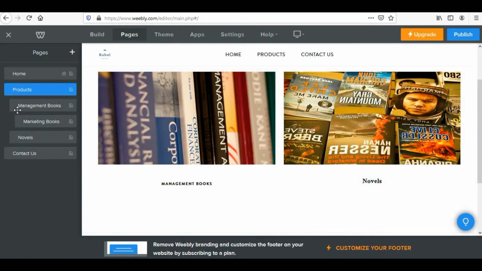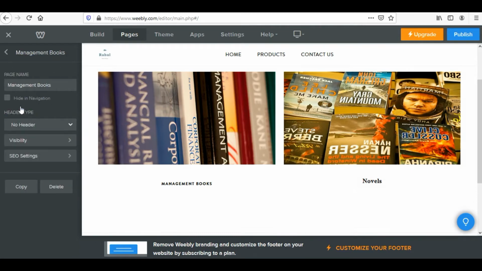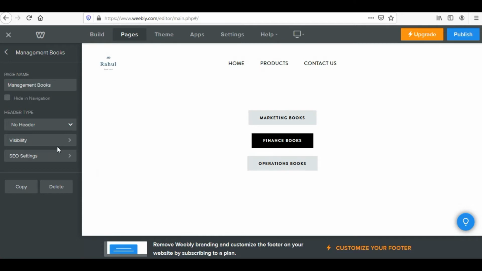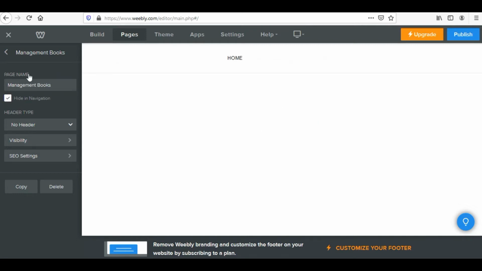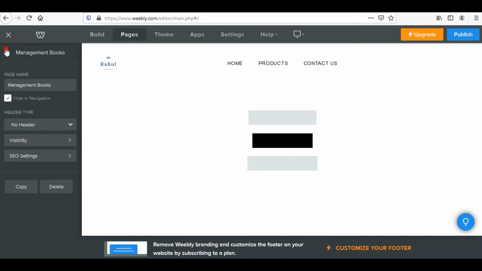So I have created two new pages, one of management books and one of novels. One way is I create a page and I hide that page in the navigation. I have made this page hidden in the navigation.